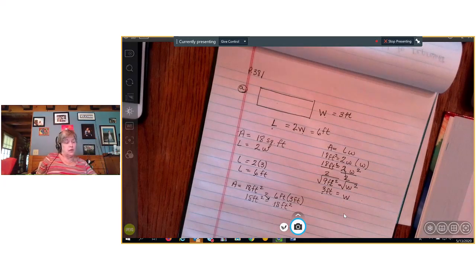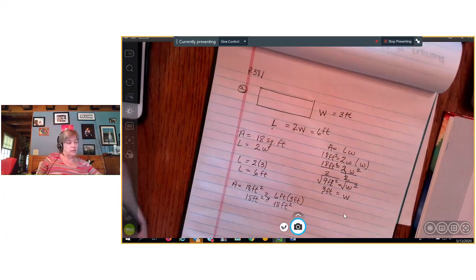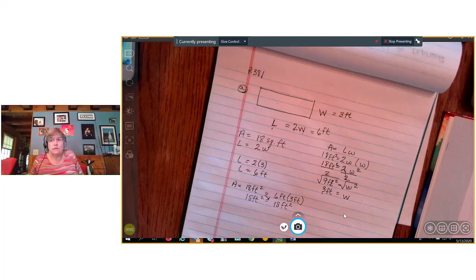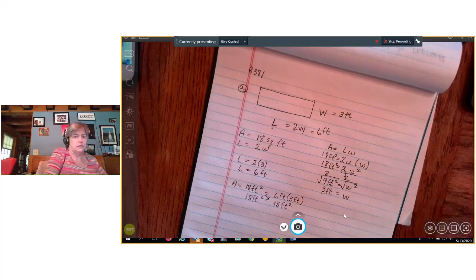I always draw a picture when I'm given something like this, just to make sure I know where I'm at and what I'm doing, and make sure that nothing's going to get in the way of that. Now I'm going to show you the next problem down,